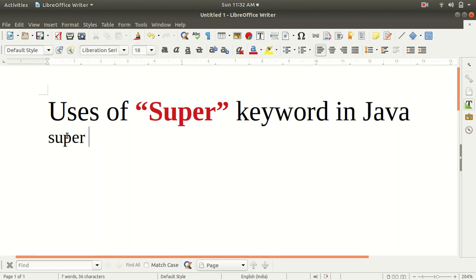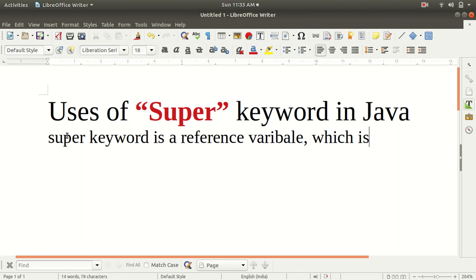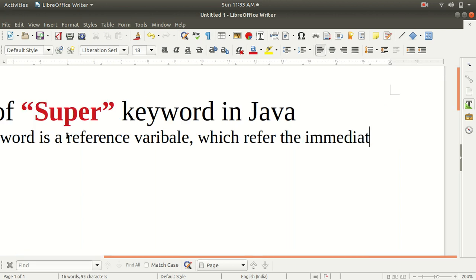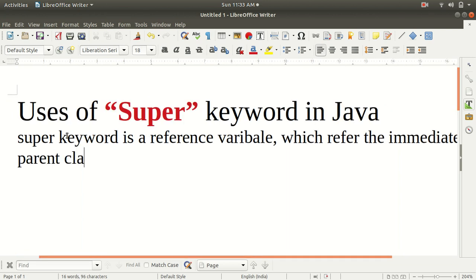So guys, the super keyword is a reference variable which refers to the immediate parent class object.